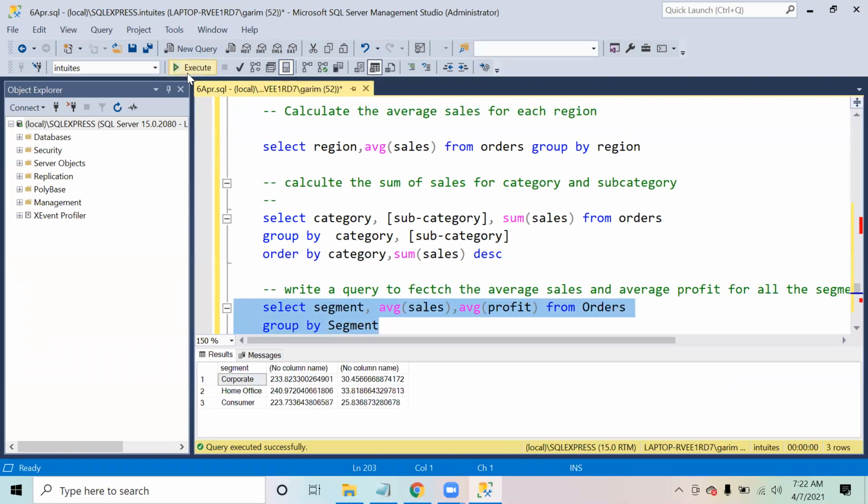Now this is going to give me the correct output that we are looking for. With the query that you have written, what will happen is it will only give you the average sales and average profit for our entire data.